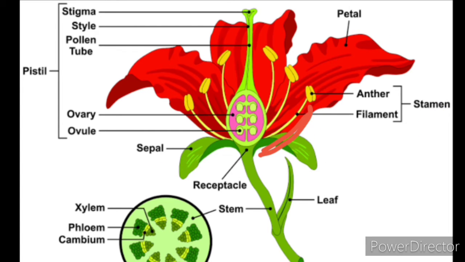So that is called the filament, and a small bag-like structure at the end of the filament. Here you can see a yellow bag-like structure at the end of each filament, called the anther. At the tip you can see, isn't it? So the pollen grains are produced in the anther. In the anther you have pollen sacs. So inside the pollen sacs the pollen grains are produced.